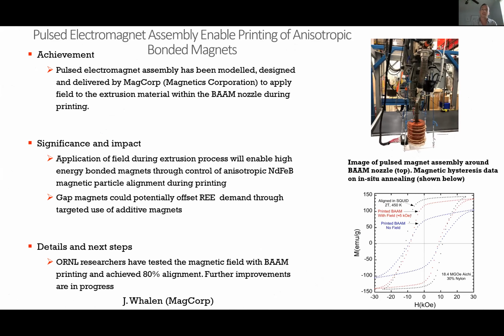There's a lot of technical stuff on here, but I will draw your attention to the top right corner of the slide where you see what looks like a giant 3D printing nozzle head. That is because it is what it is. This is a 3D printer about the size of a small office building. It's called a big area additive manufacturing printer. Patrick and Charlie, if you guys are still on here, you may like this section, but what they are using this for is to print